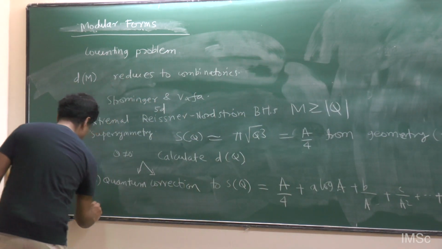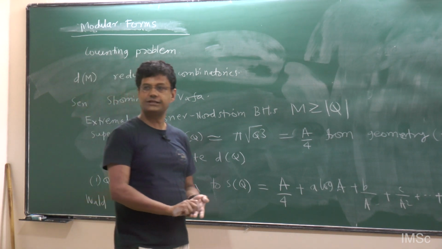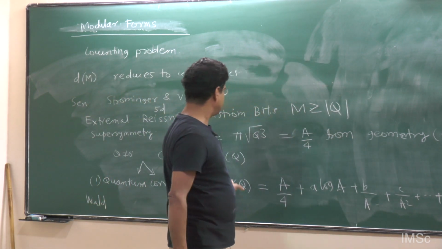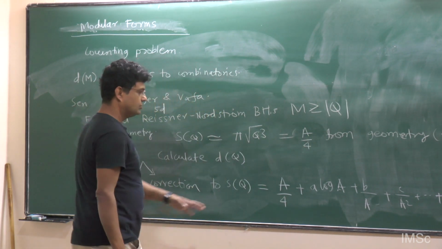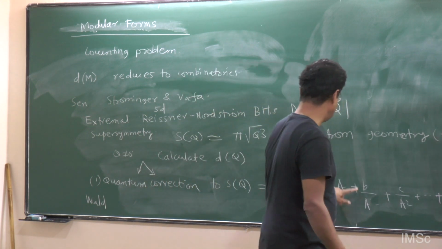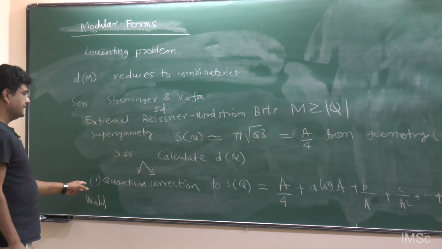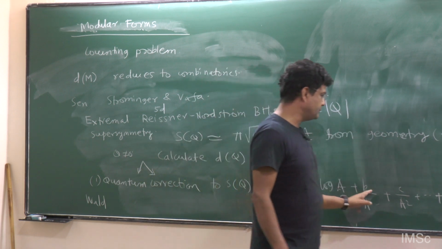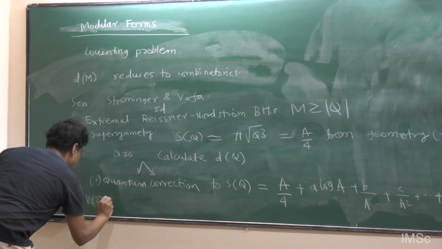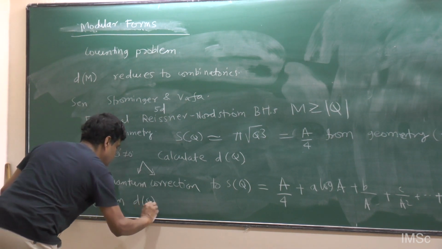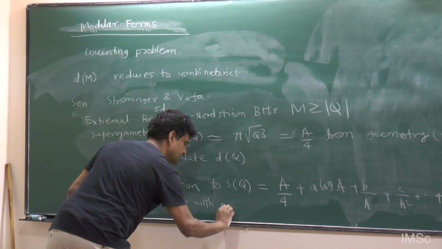And this was done by Wald, who is again a general relativist, for his own reason. He gave a definition, a generalization of the Bekenstein-Hawking area formula, so that you can calculate these kinds of corrections. He didn't have a good definition for this log piece, which I will come to later. But the point is that it's once again a well-defined question: can we compute these corrections? And then the second question is, can D of Q agree with the exponential of this?